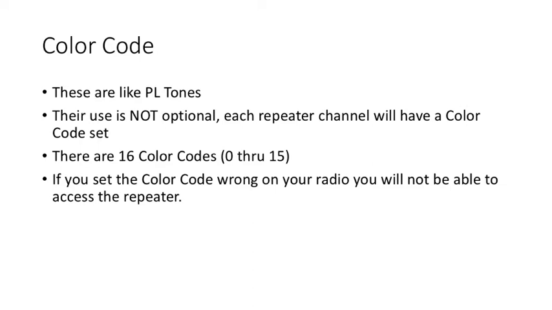If you set your color code wrong on your radio, you're not going to be able to access the repeater. This is no different than if you set the PL tone wrong on an analog piece of equipment. You can't get into the repeater. Okay? I'm not 100% sure, but I'll check. I don't even know that you'll be able to hear any transmissions if you've got the color code wrong. I think that's right. I think if you got the color code wrong, you're not even going to hear anything